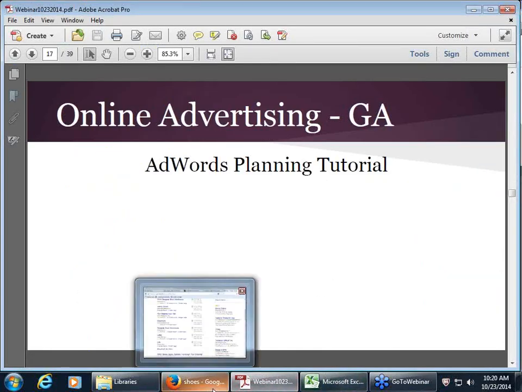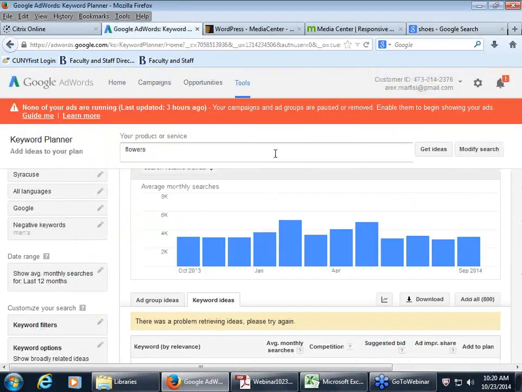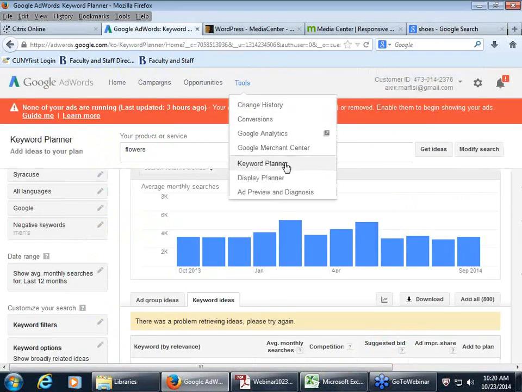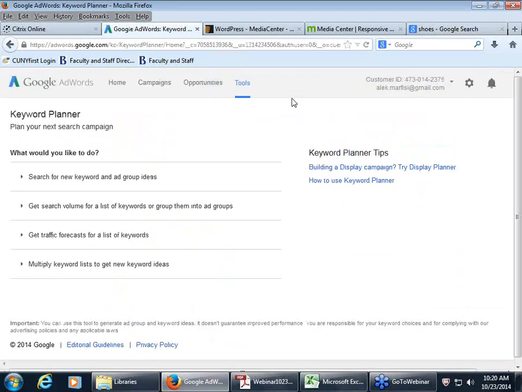All right, so one thing that you can do with your clients that's on the more technical end is to actually understand whether AdWords would be a viable solution for them. So I'm going to start over here and go into the keyword planner for AdWords. Anyone who has a Google account can easily set up an AdWords account.